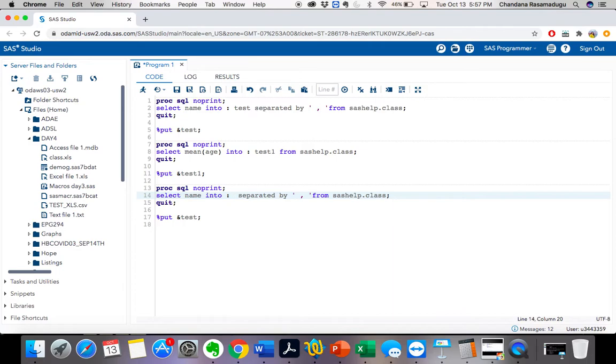Okay, so for that, see here, let's take this name into x as my macro variable name. Okay, and here also I'm taking it as x. But now what I want to do is assign each data value of this name variable to each macro variable.